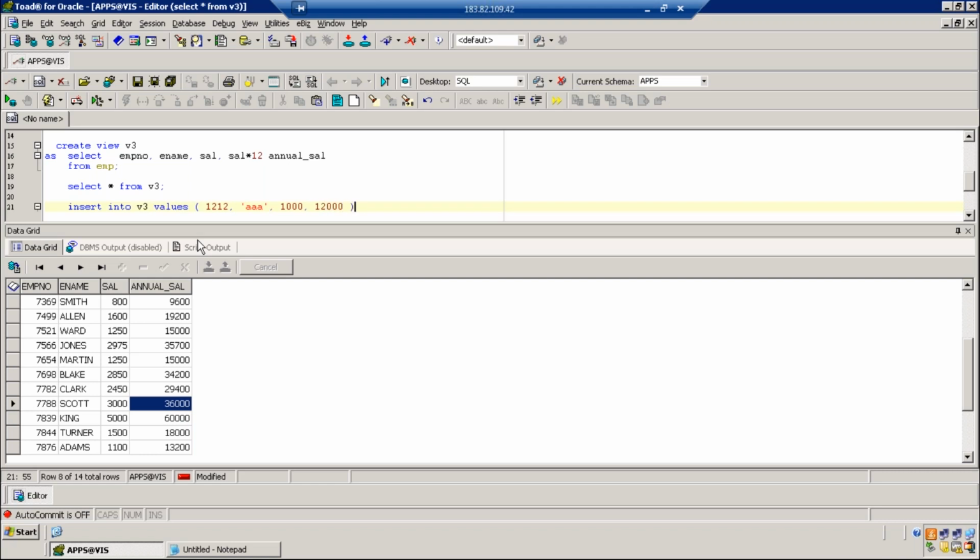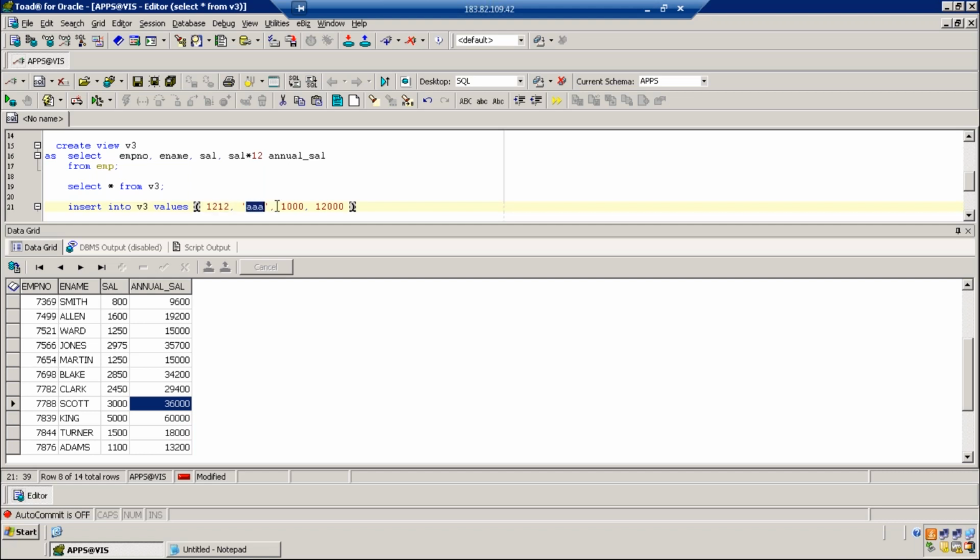We know that when you insert a row into the view, the row should be inserted into the base table. We know that concept because rows are finally stored in the base tables. So think from the base table point of view, 1212 will be stored in employee number in the base table.